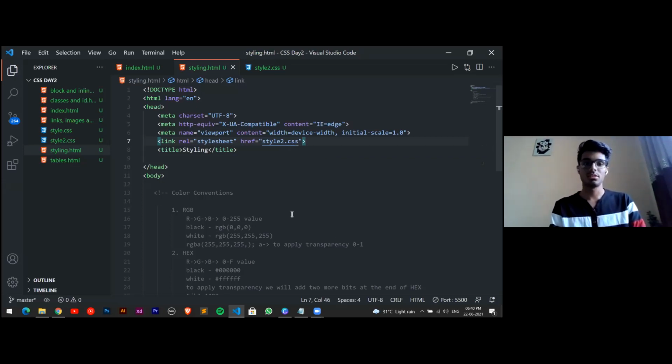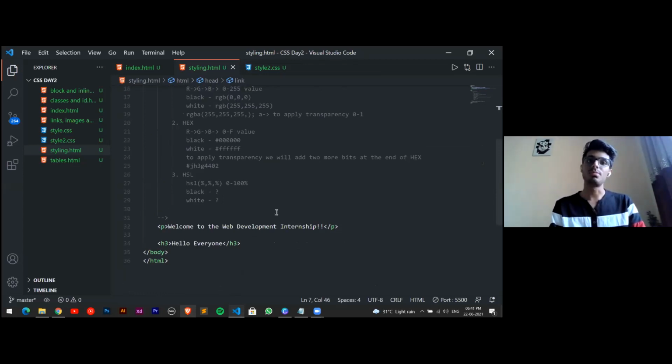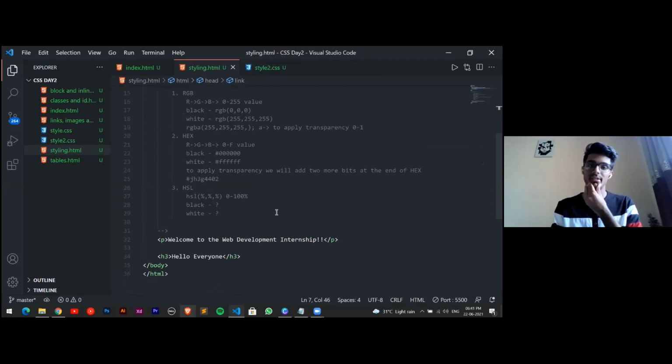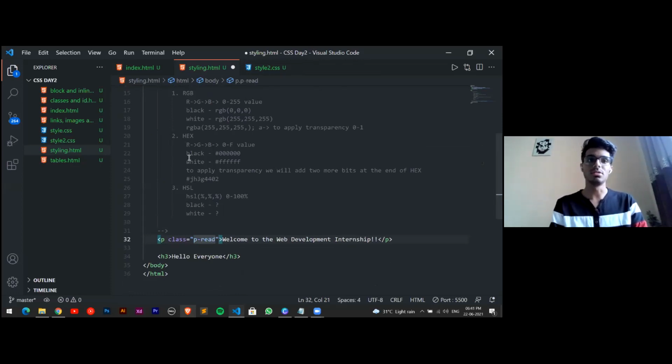Okay, and I just want this paragraph tag to be, let's say, red. So what are the steps we need to follow? Just provide a class over here. If I say class p-red, okay, I have given the class. So far so good.